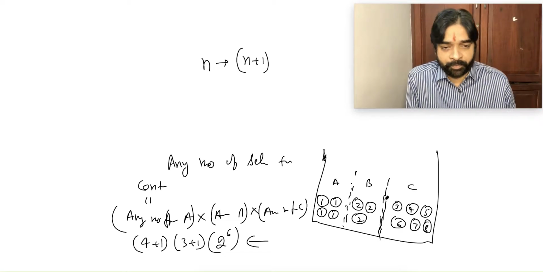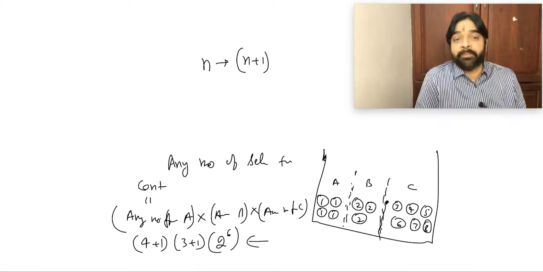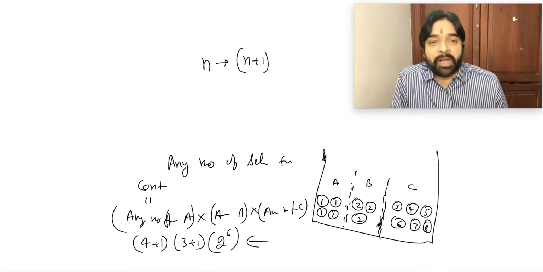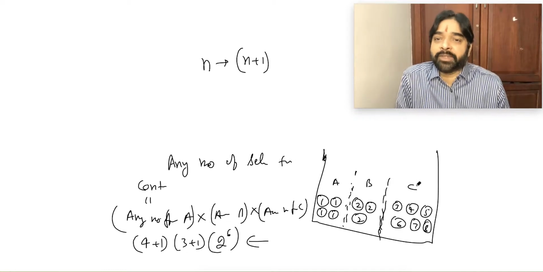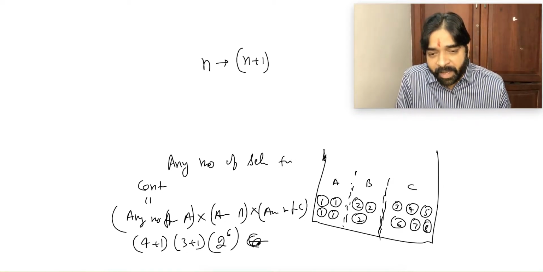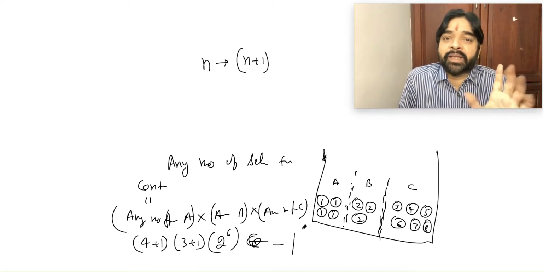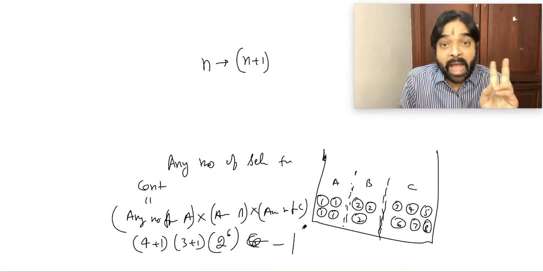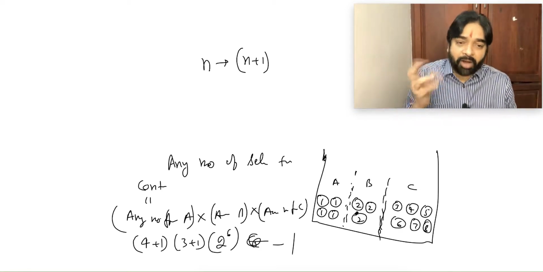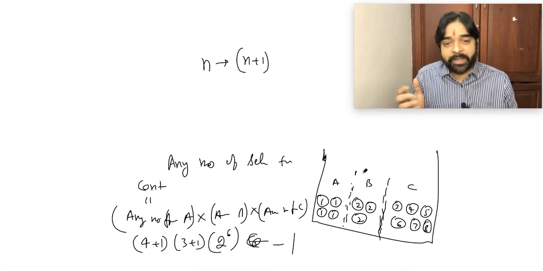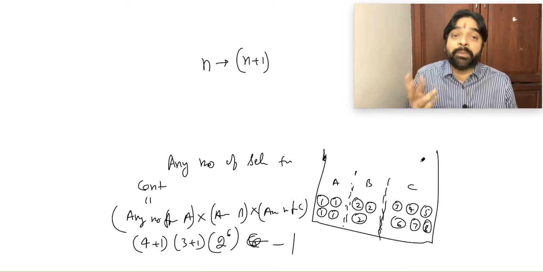So, if I say at least one object selection from here, what do you say? At least one object from the big container. From the container, at least one object. I will say the same answer, minus 1. Why? Because that case will be deleted when nothing is coming out. At least one object selection from this big container, some children take it the wrong way. They say at least one from here and at least one from here and at least one from here. And then output will be 3 minimum.